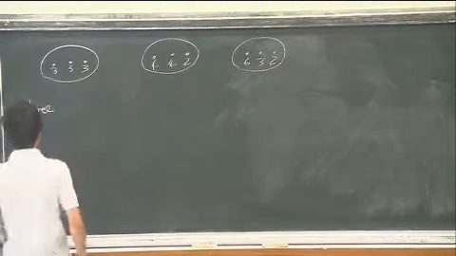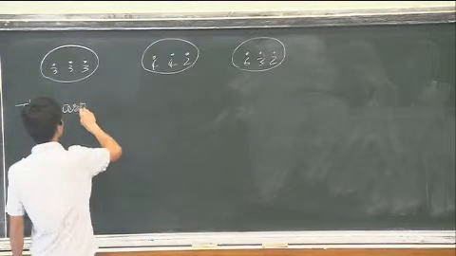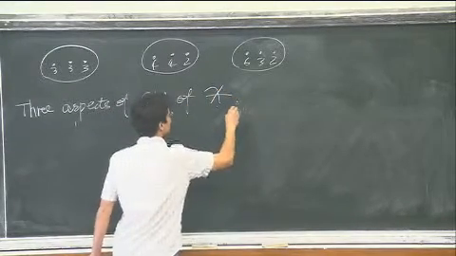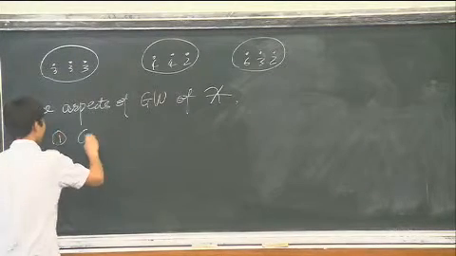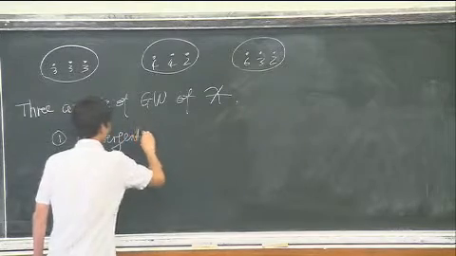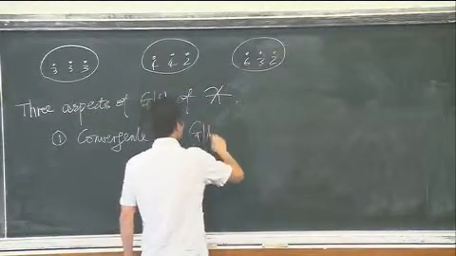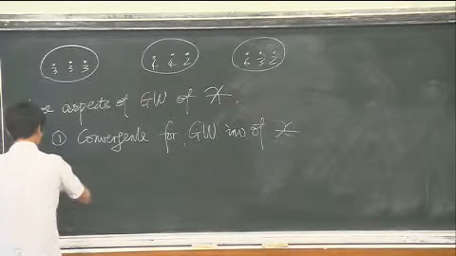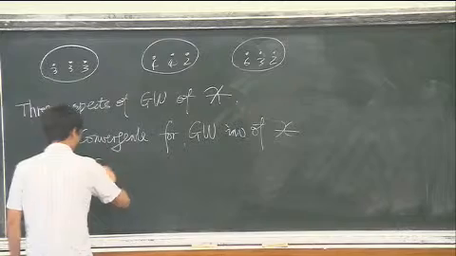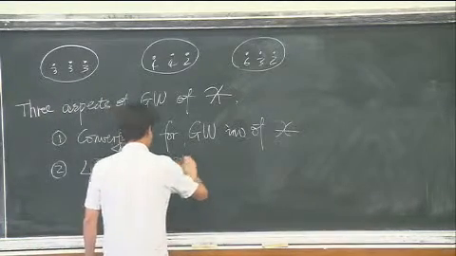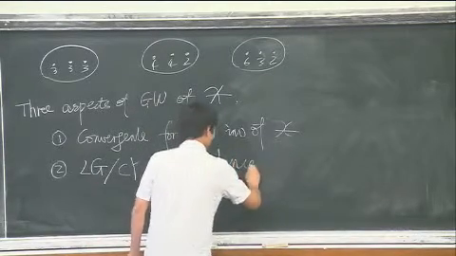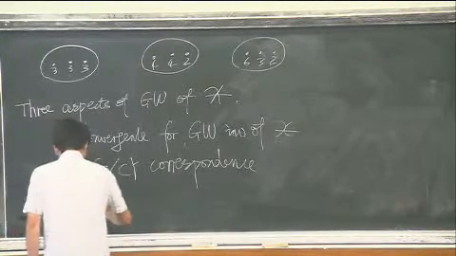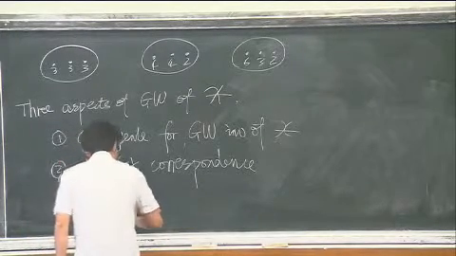So basically in this talk we're going to study 3 aspects of the Gromov-Witten theory of these 3 cases. First, we're going to prove the convergence of Gromov-Witten invariants of the 3 types of orbifolds. Second, we're going to discuss the Landau-Ginzburg/Calabi-Yau correspondence in this dimension 1 case. And the last is some beautiful properties of the Gromov-Witten invariants,